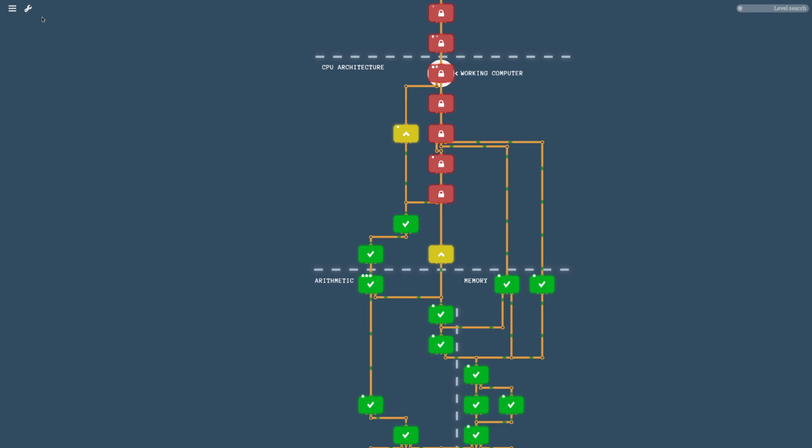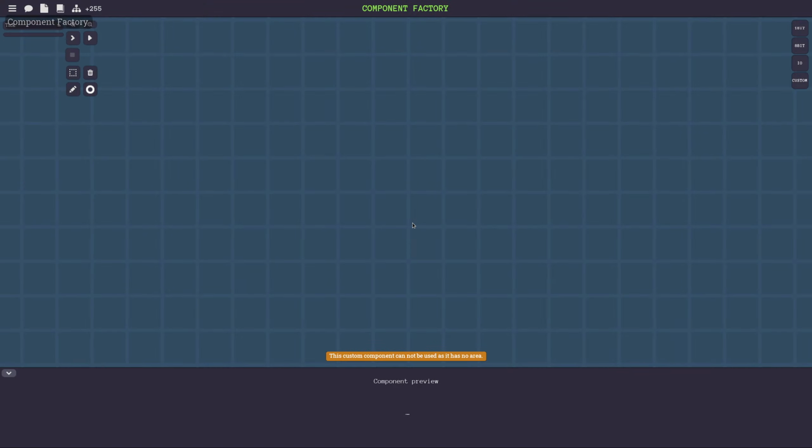Ha! I see, I just clicked here, but the level called Component Factory, aka Abstract Singleton Proxy Factory Bean, is just a level. Okay. Wow. Custom, ALU, ALU1, ALU2. Huh. I don't